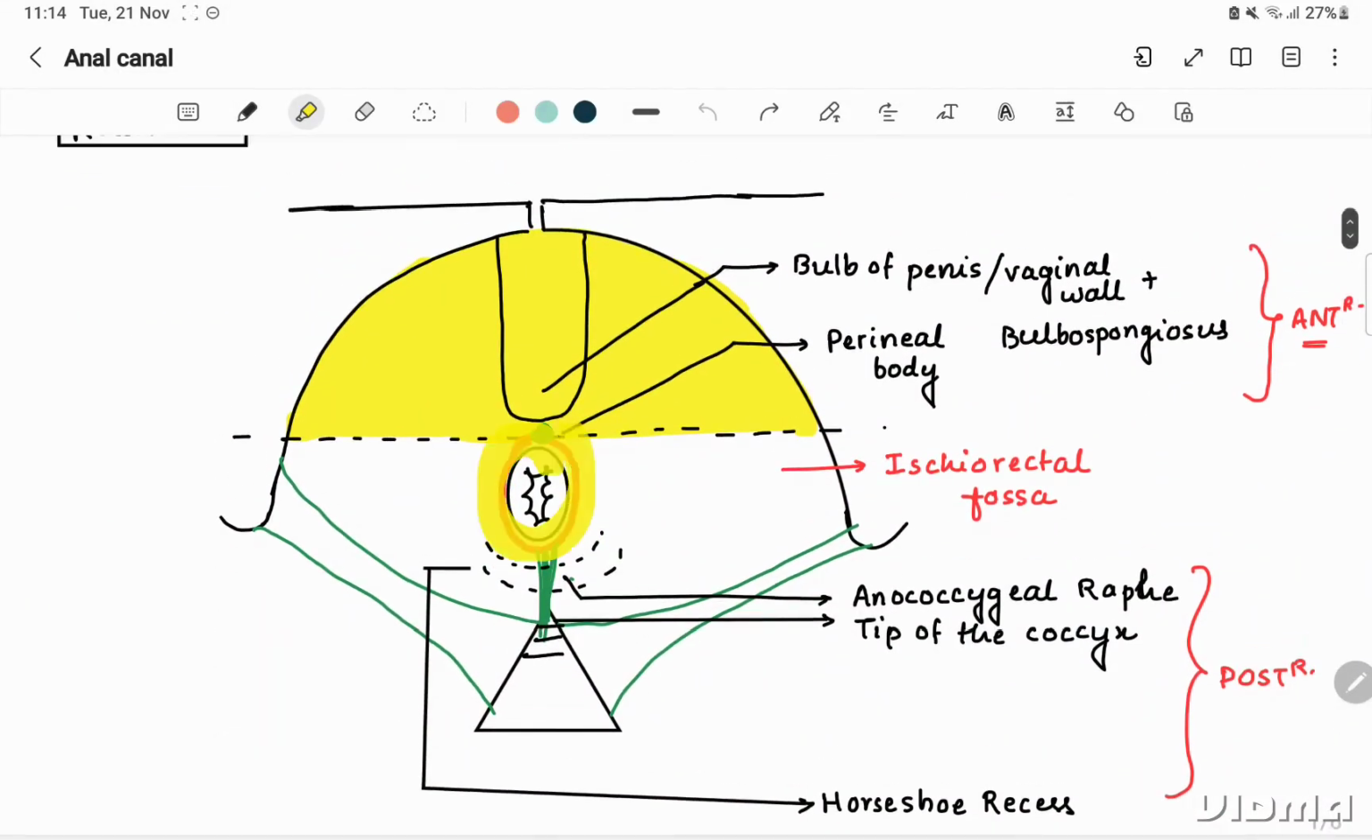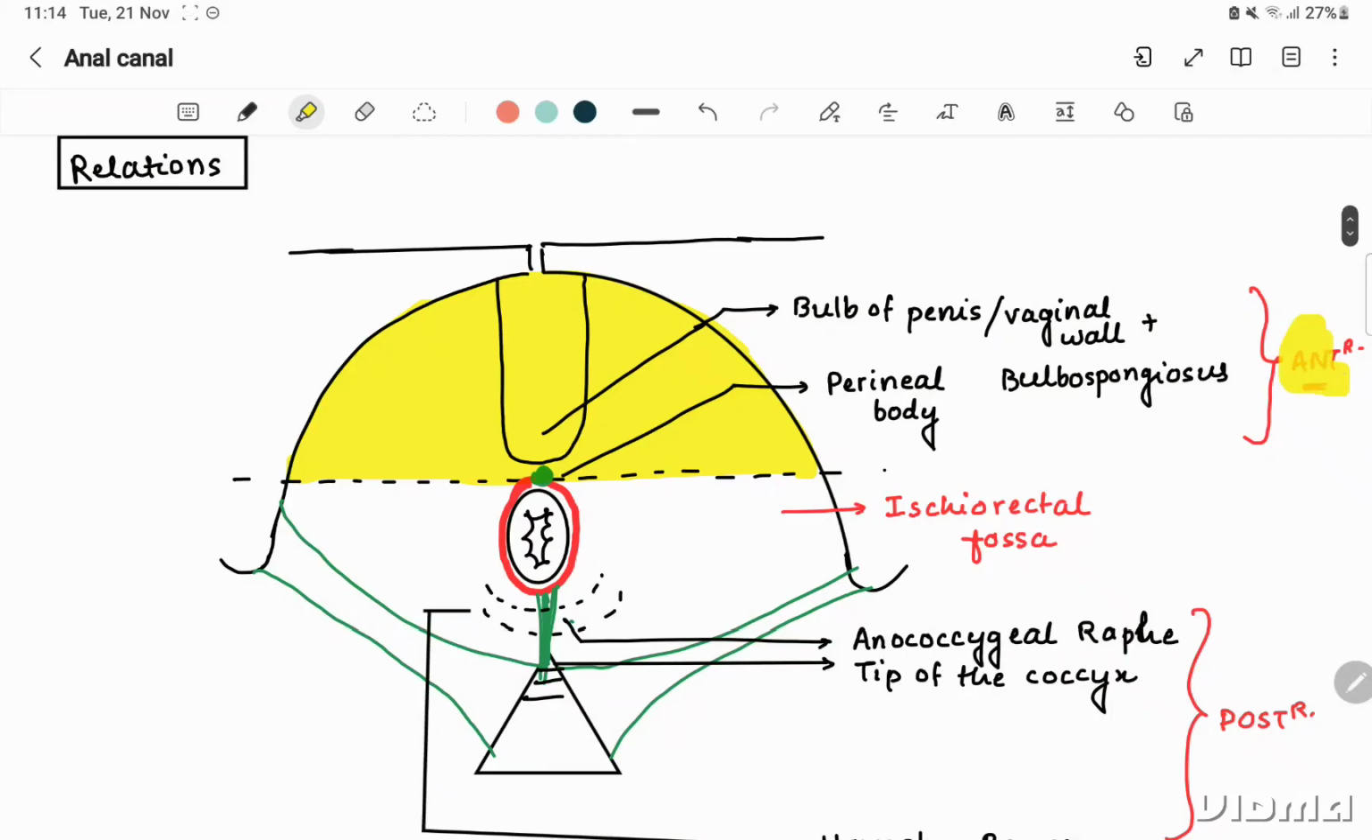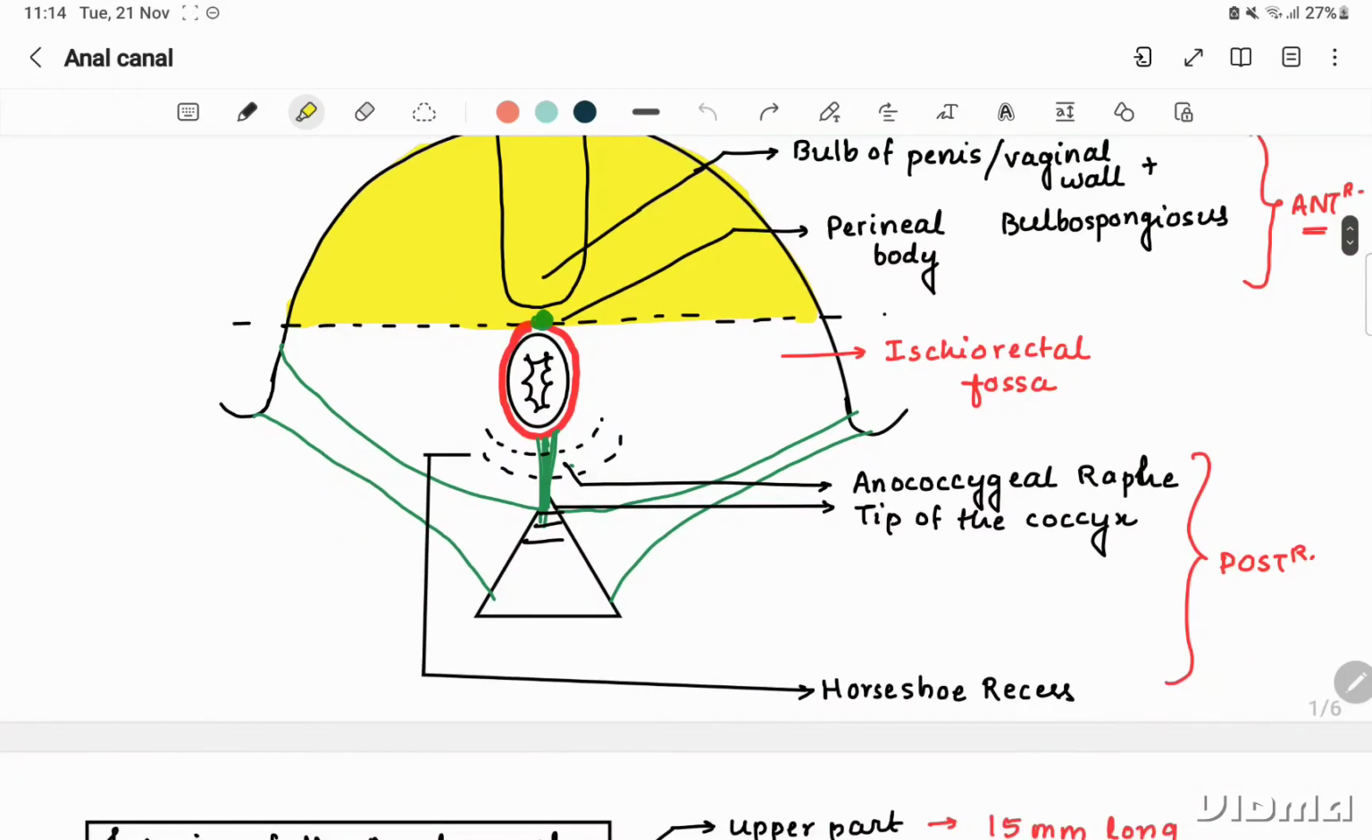So what are the anterior relations that are present more anteriorly? We have the bulb of penis and the vaginal wall, and the perineal body, which is a culmination of 10 muscles. Then we have the bulbus spongiosus, the bulb of penis and the vaginal wall. So these are forming the anterior relations, and the posterior relations are formed by